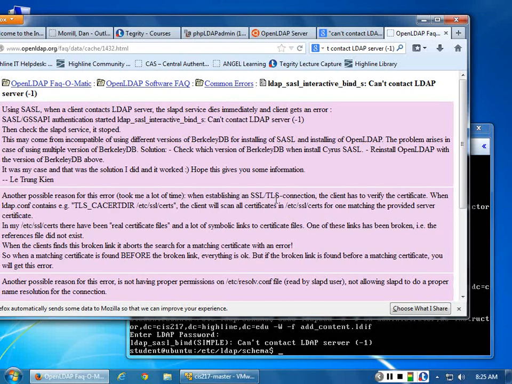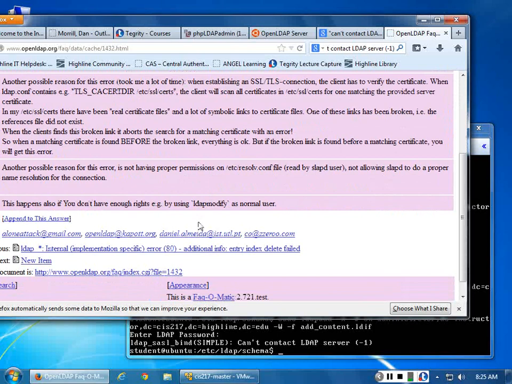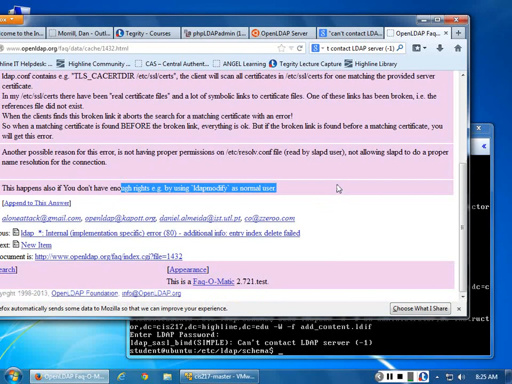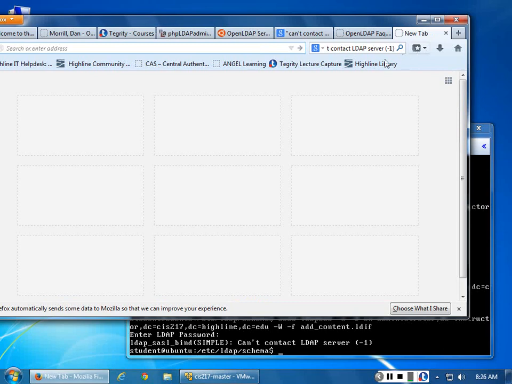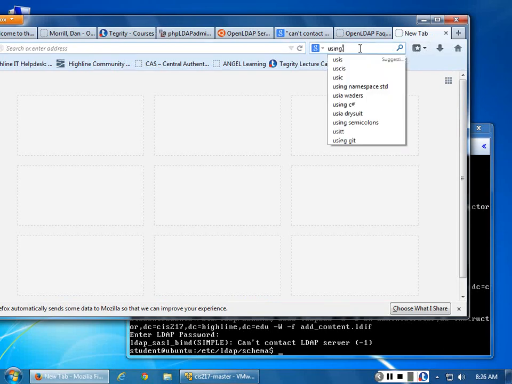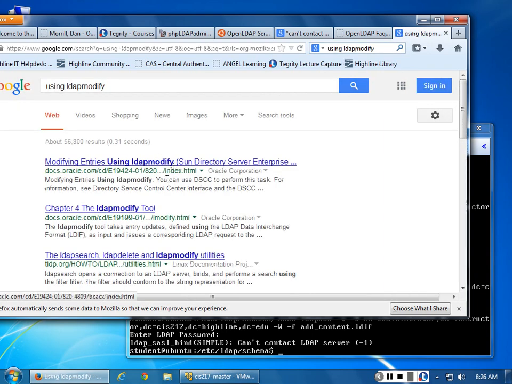So the question is, did I write a certificate for my server? I did not write a certificate for my LDAP server. So if I don't have this, all right, we're using ldapmodify as a normal user. So if I don't know how to use ldapmodify, and I'm on Ubuntu,